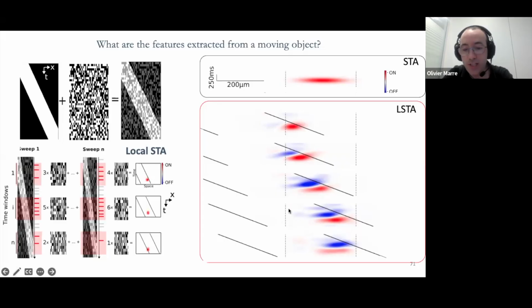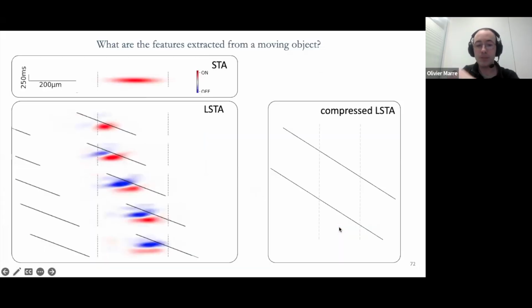And if you have changes elsewhere, it doesn't care. Even if they are inside this classically defined receptive field, it doesn't care. It only cares about this, okay? This visualization is a bit complex, but the idea that you should remember here is that